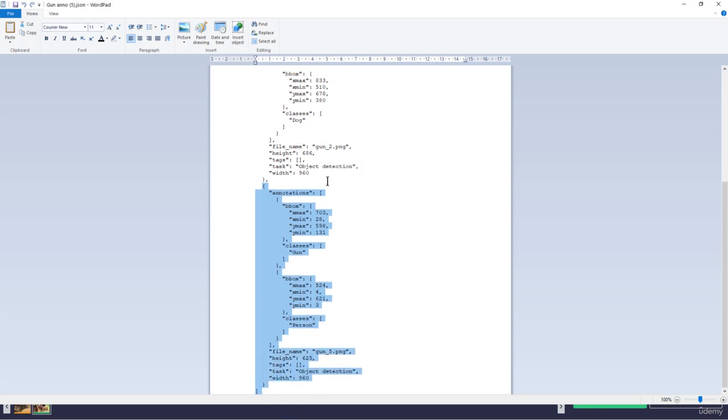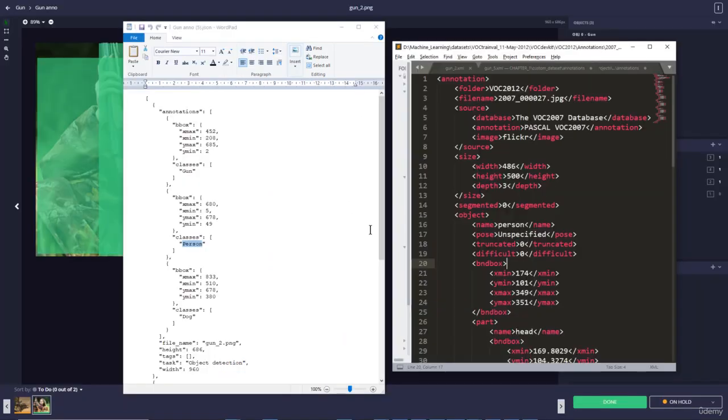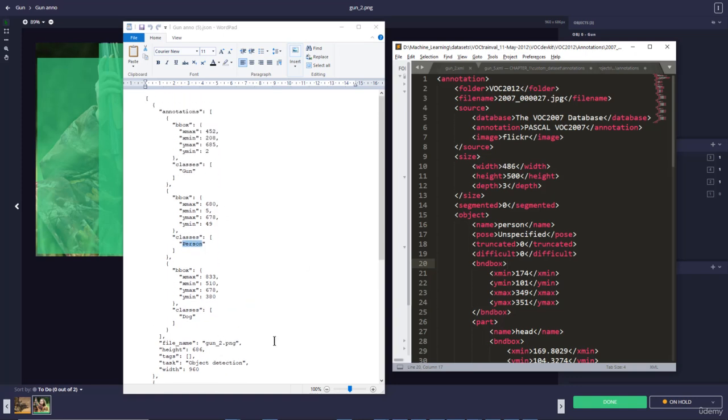And that's it. So we have these two images. Then for this image we have the three different objects. That's the dog, the person, the gun, and their respective locations. But this output from the Remote.ai platform isn't exactly the same as what we need for the Pascal VOC dataset, where we're working with XML files. Now we'll see obviously that we have some similarities, as we have the bounding box, we have the class,